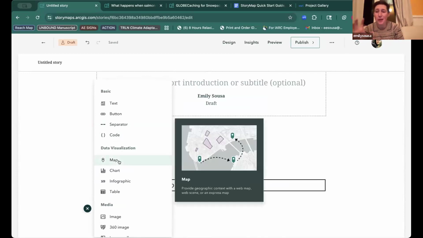Okay. Now, when you get to the more data visualization stuff, you have options of maps, charts, infographics, or tables. This all also updated recently. It used to have a little bit differently how they introduced the map. It'd be like express map, tour map. They've simplified it a little bit, which is a little bit nice. So if I were to click map here,